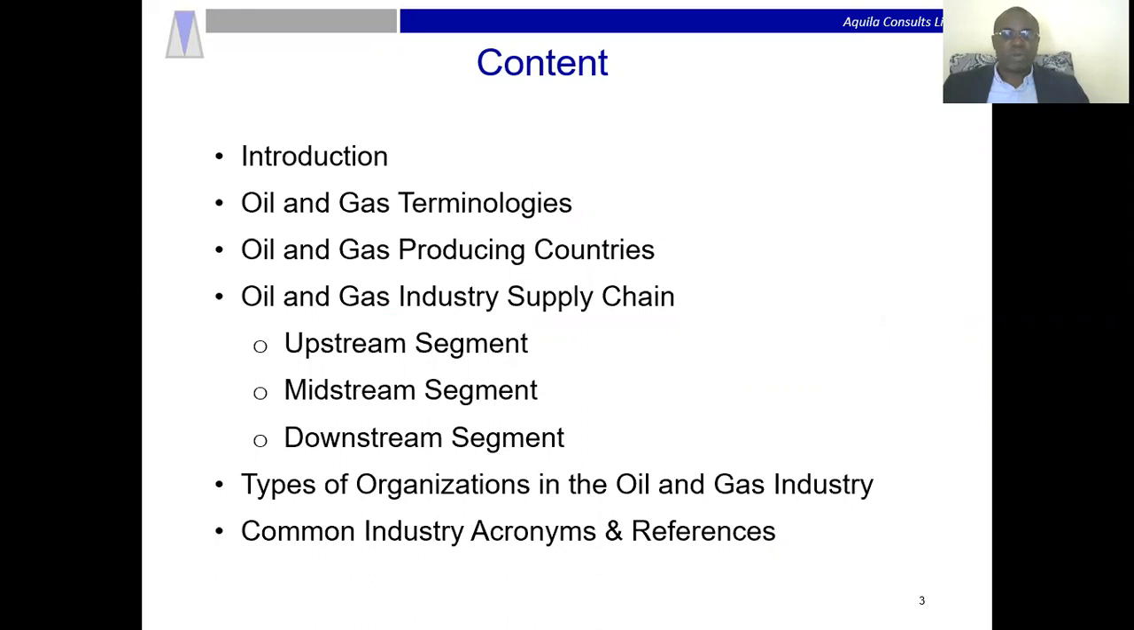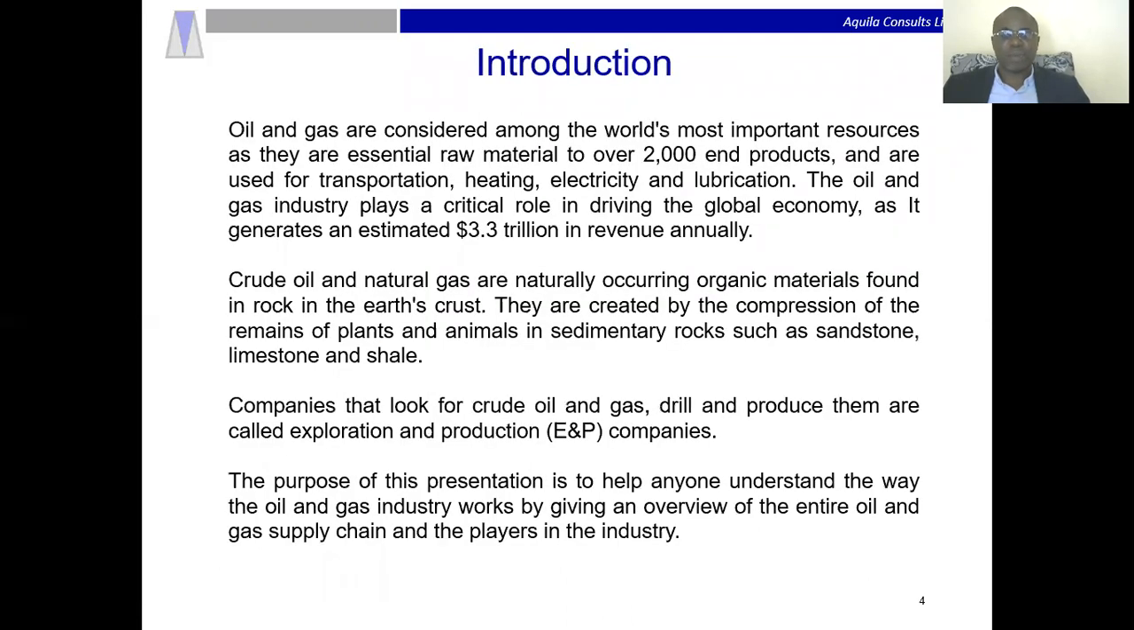In terms of content, we'll be looking at the introduction, oil and gas terminologies, oil and gas producing countries, and the oil and gas industry supply chain, which comprises upstream, midstream, and downstream segments. We'll also be looking at the types of organizations in the oil and gas industry, and concluding with some common industry acronyms and references. So as part of the introduction,